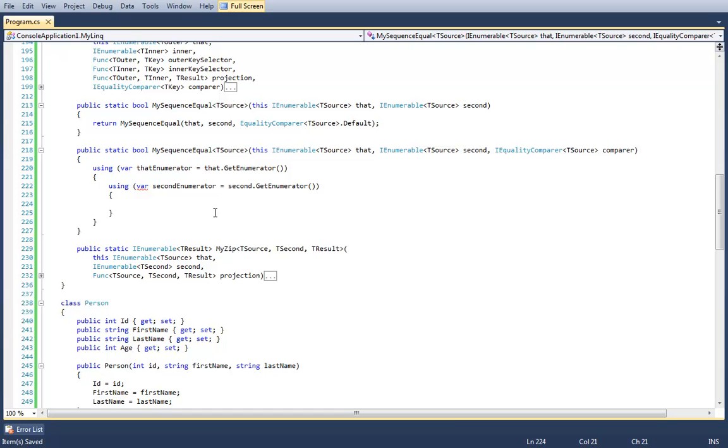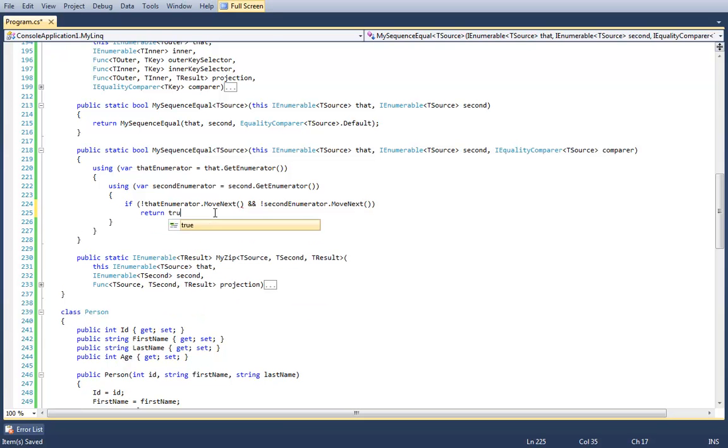Now there's a few different cases that we have to compare for. First of all, we have to make sure that that enumerator can move next, and that second enumerator can move next. But if both of them stop at the same time, that means that we've reached the end. So I'm going to go ahead and say something like, if that enumerator.MoveNext, and then I'm going to say, or if not that enumerator.MoveNext, and not second enumerator.MoveNext, then return true, because that means that we've reached the end of the collection or the enumerator. Then I'm going to go ahead and say